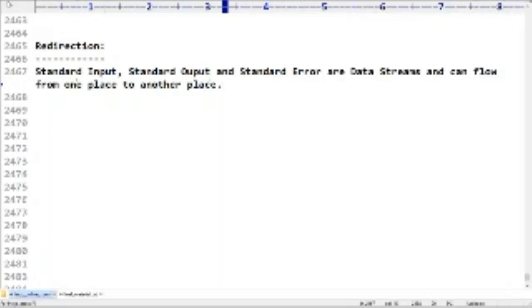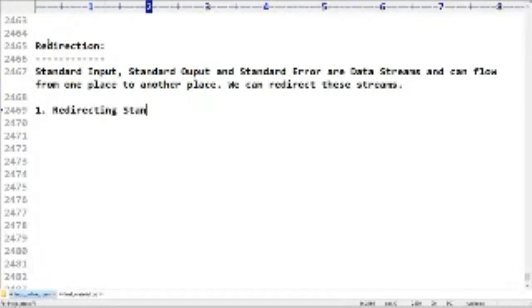That's why we can redirect them. Remember, we can redirect these data streams. Now I will discuss how you can redirect standard output, standard input, and standard error, all of these.